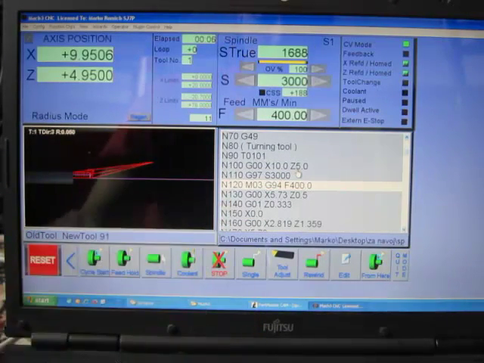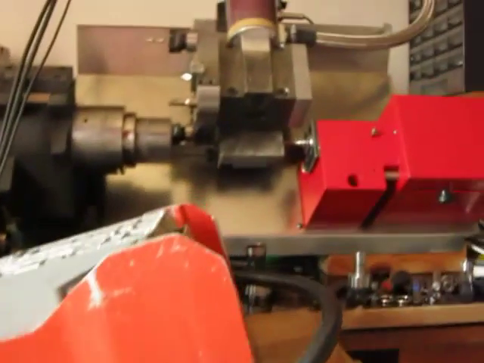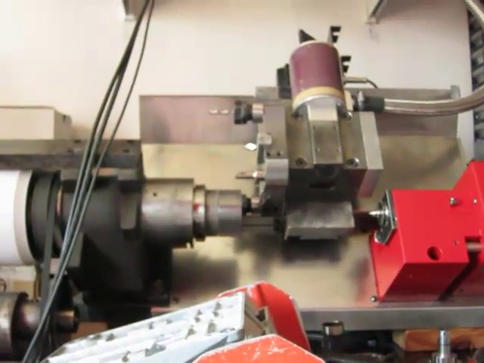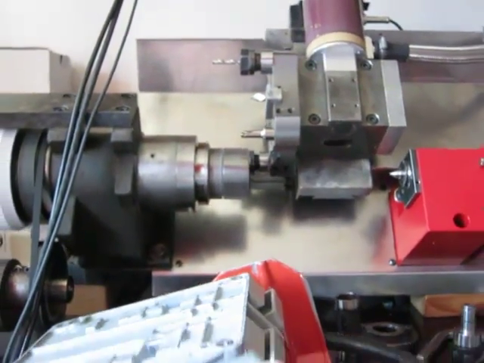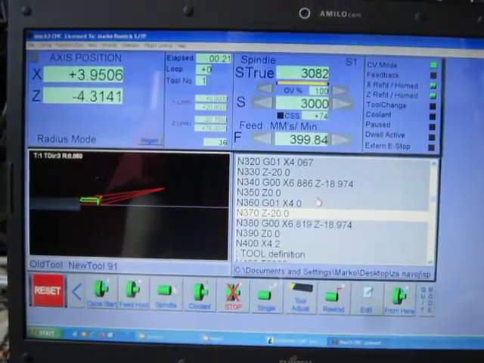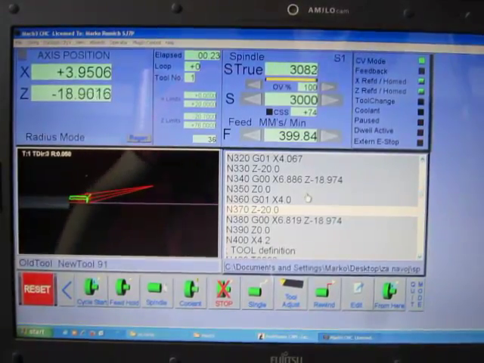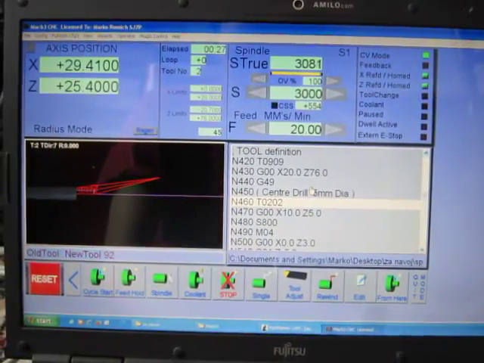So the G code is running and the machine works. The machine works, and after the code is done,